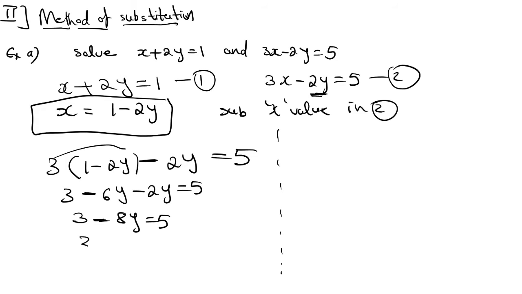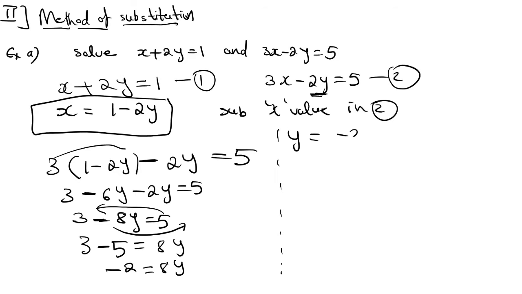So 3 minus 5, taking plus 5 to LHS, that will become minus 5 equal to, take minus 8y to RHS, that will become plus 8y. Okay, now see, 3 minus 5 is equal to 8y. Okay, 3 minus 5 we know it's equal to minus 2. Minus 2 equal to 8y. Okay, then you need to simplify this one. Y is equal to minus 2 by 8. Y value equal to minus 1 by 4. Minus 2 ones are minus 2 4s. Okay, so y value equal to minus 1 by 4.